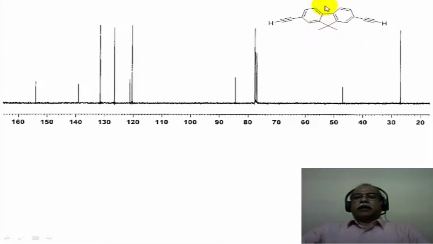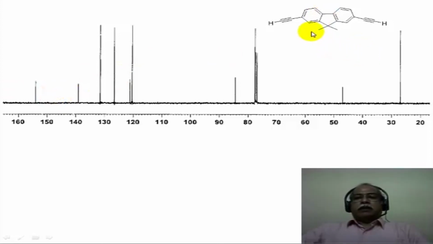Now if you look at the aromatic region, there are 2 quaternary carbons. One can easily find out which are the quaternary carbons. One is here, the other one is here. Remember, acetylene has a shielding effect along its axis, so this particular carbon will be shielded, and that comes around 121 ppm, whereas the other two carbons, not the terminal carbon, the other two aromatic carbons would come at a higher delta value. This is one carbon and this is another carbon in terms of the two aromatic carbons, which are quaternary carbons.